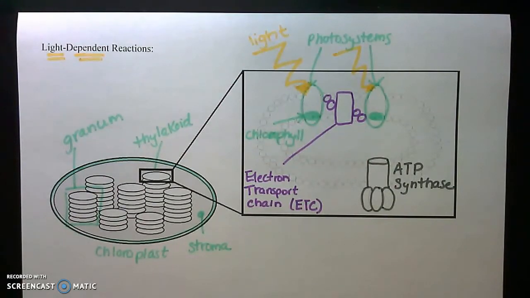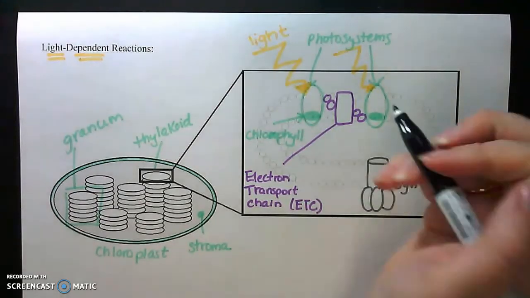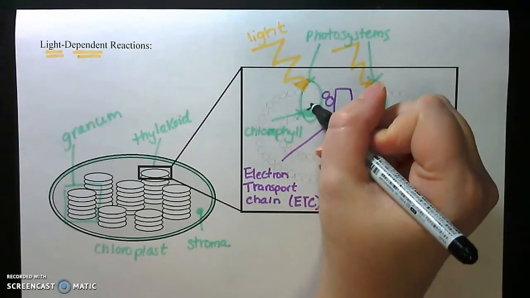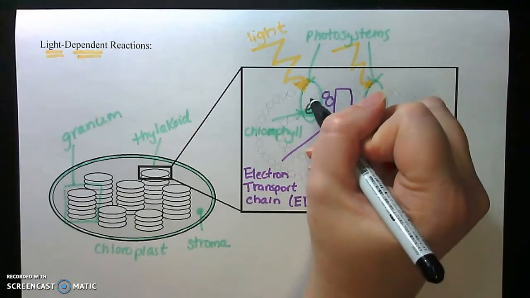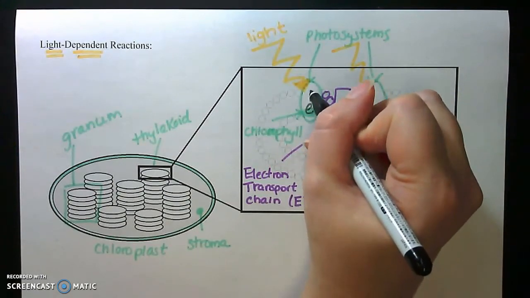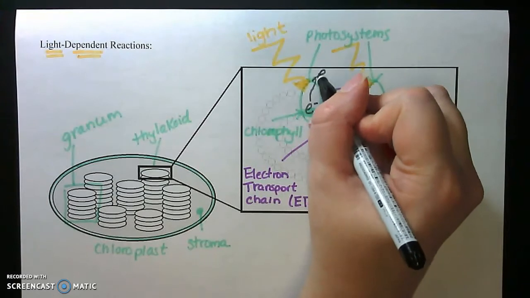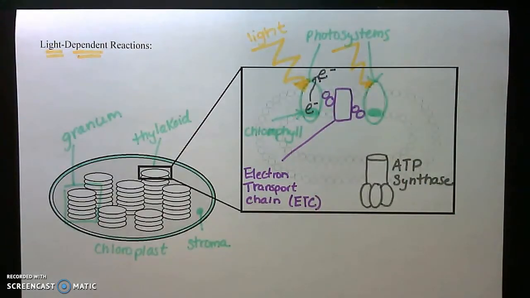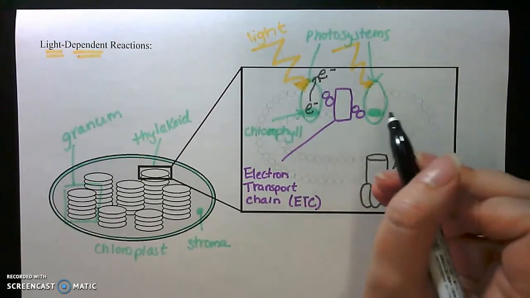The first thing that the light does is it is going to excite an electron from this chlorophyll molecule. And when I say excite the electron, I mean it's going to actually literally bump it up to a higher energy level. So that electron is going to be displaced, and then the electron